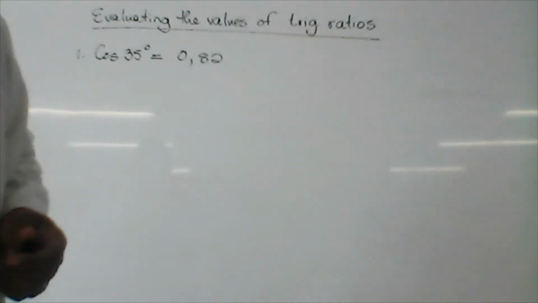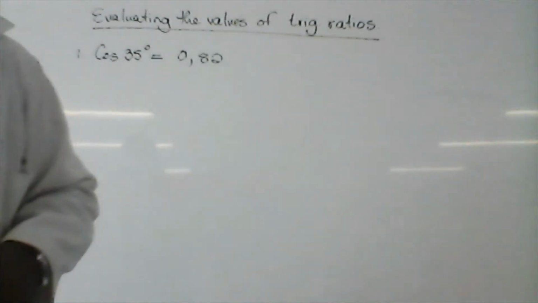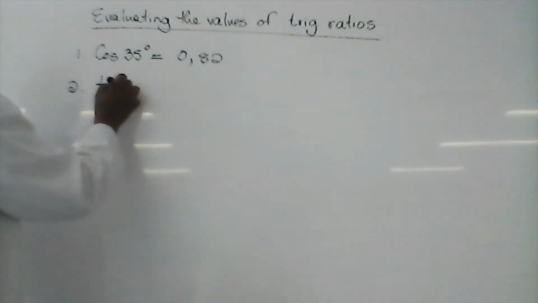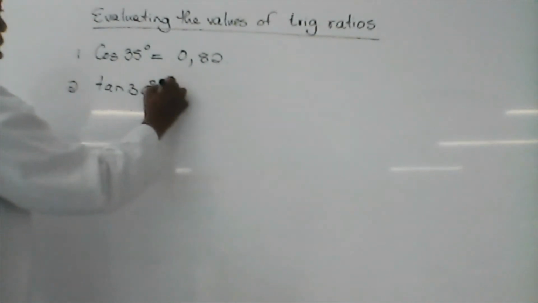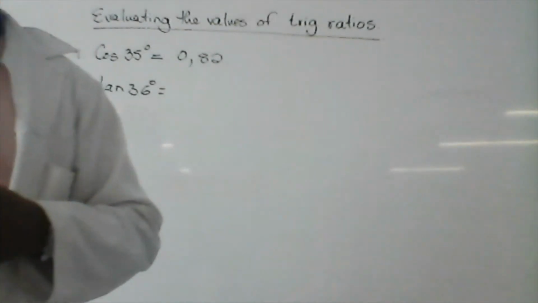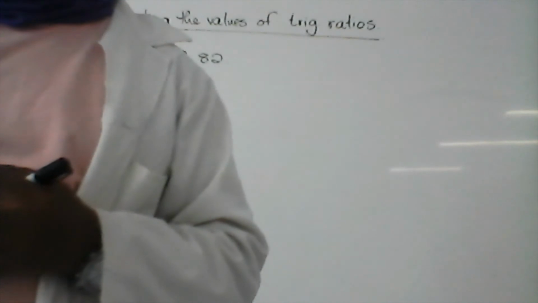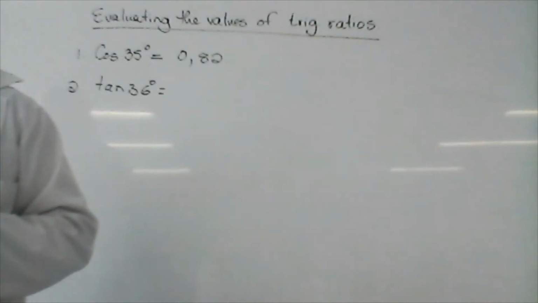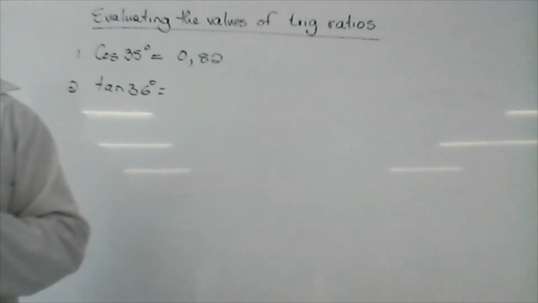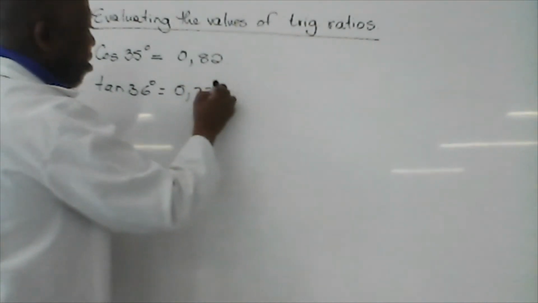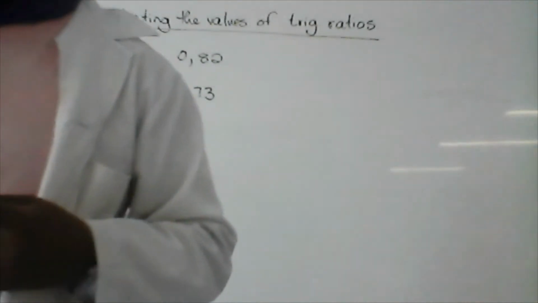Right. Number 2, the tangent of 36 degrees. Tan 36 degrees. It's 0.73, rounded off, nice one. Last one,